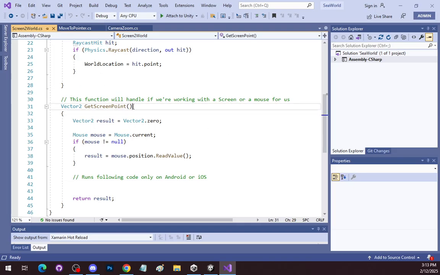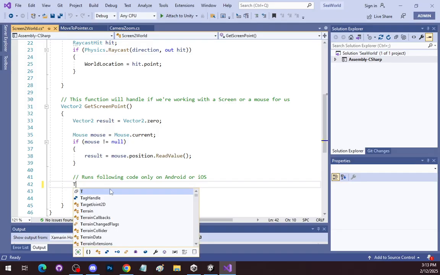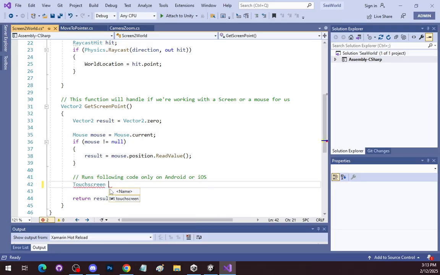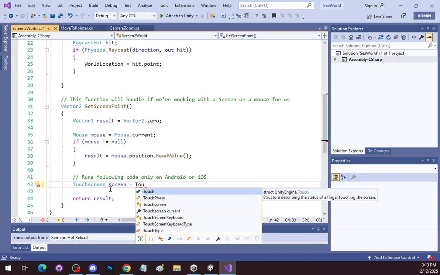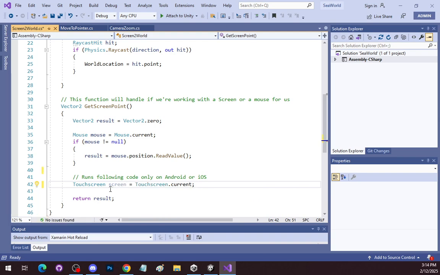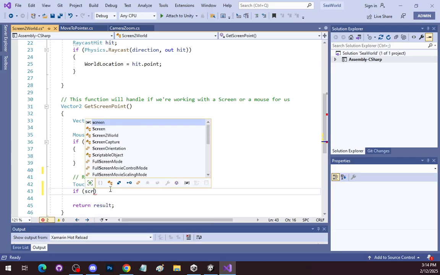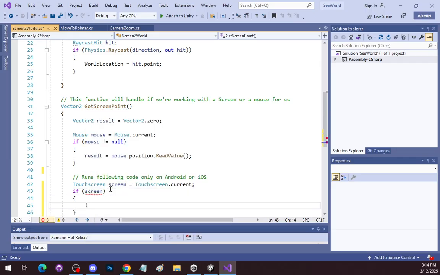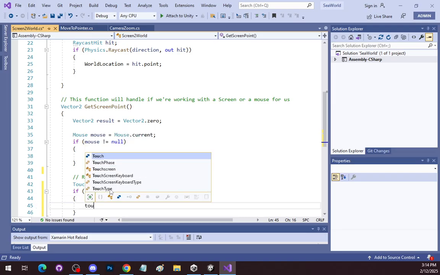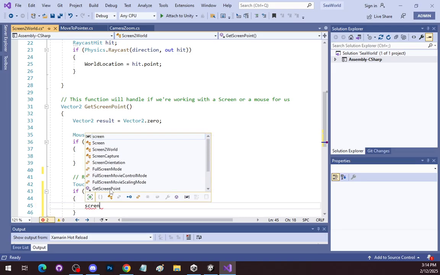So again, this get screen point, basically it's going to the device itself. In this case, what we want to do is touch screen, and we're going to call it screen. It's going to be touch screen dot current, as with all other devices. So if screen is not equal to null, then we can go to the touch. We can look at screen dot